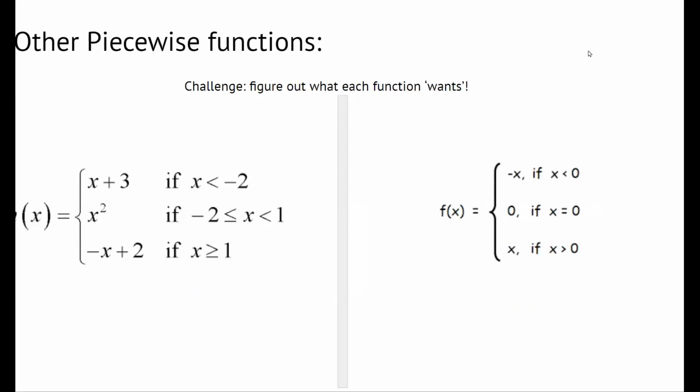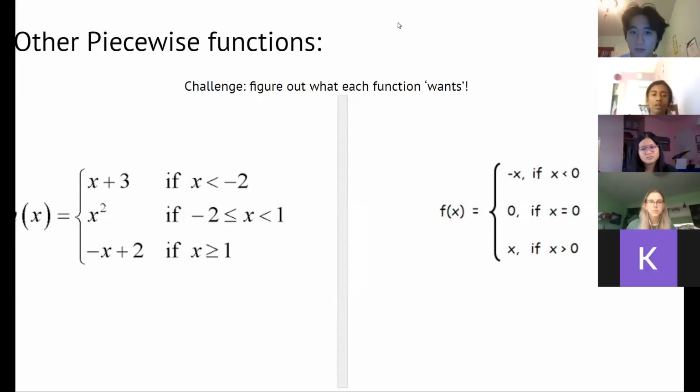And here are some other piecewise functions, so we can just spend a little time to figure out what each function is telling us to do. So a characteristic, an immediate way to know that this is a piecewise function, is if it has this brace sign, you pretty much know it's a piecewise function. But here, h of x,